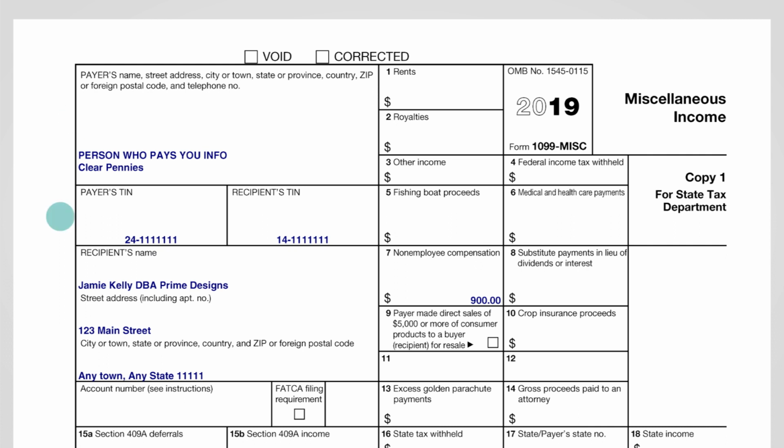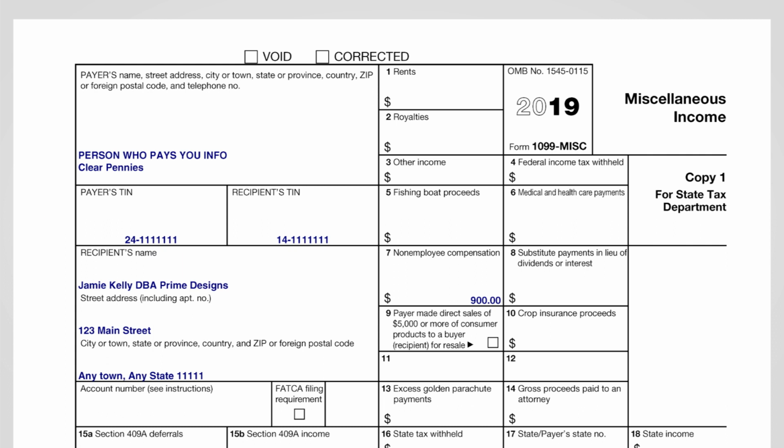Then payer's TIN. Why are they calling it TIN now? We were just calling it an employer identification number. Why is it now being called a TIN? Taxpayer identification number. So many names for the same thing. It's just the federal ID number that you got. The payer's, that's their federal ID number. You don't have to worry about their